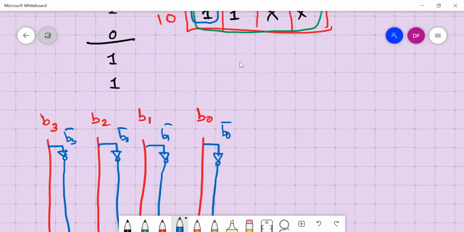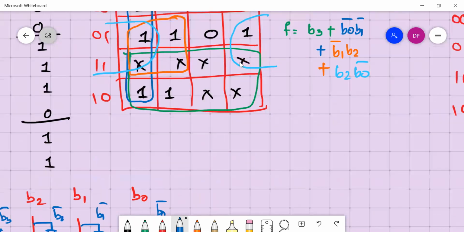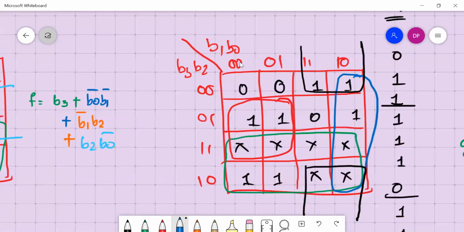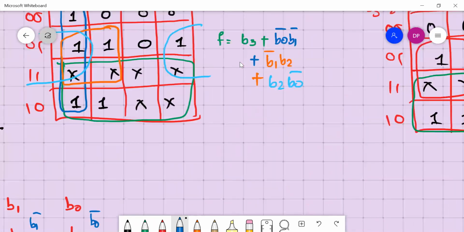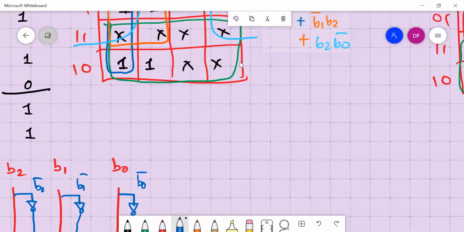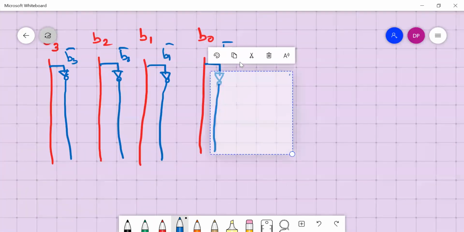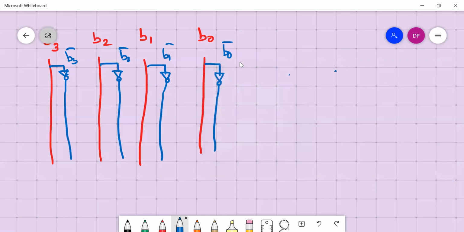Now I'll take the expression F and show how to make it.